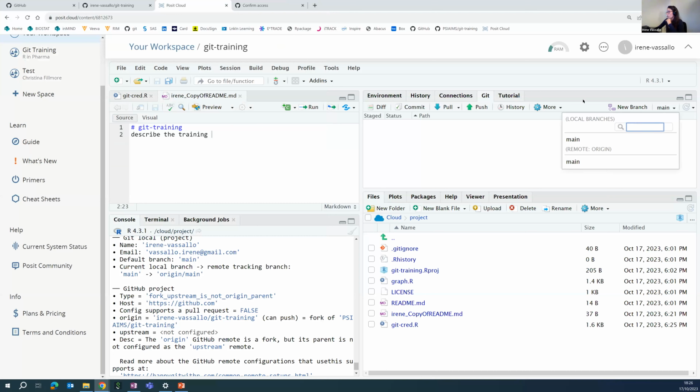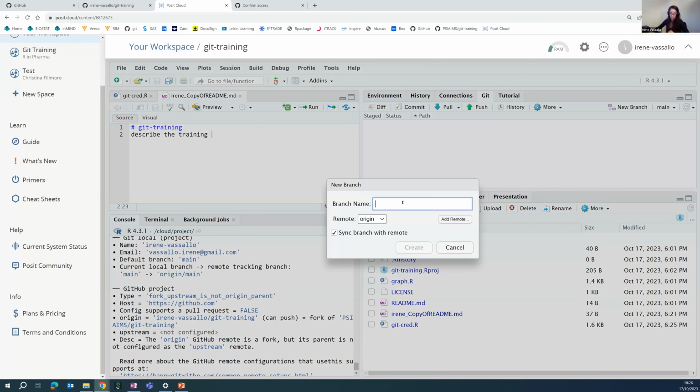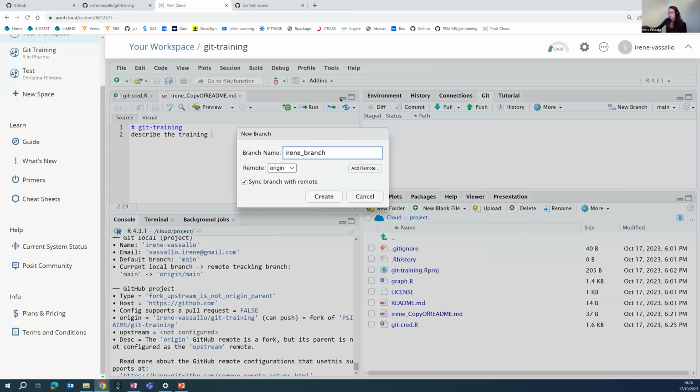To create a new branch, you can use the GUI. You need to click on new branch, put a name. Cannot spell right. And as you see here, there are already some defaults that are clicked. So sync branch with the remote means that you are creating your branch, but you're also mirroring it back to your own remote. So after doing that, if you go back on GitHub, you will see that there is a second branch. It's not only local, it's also on the remote. Basically, you will be able to store what you change in this branch back. If you click create,